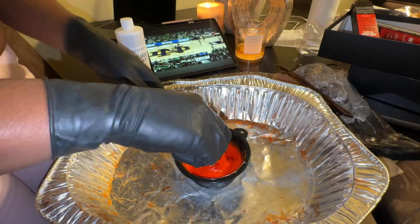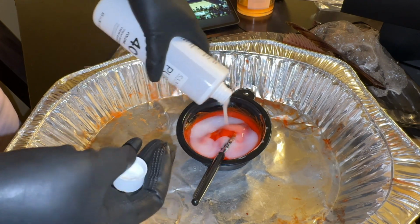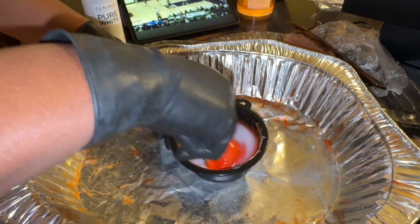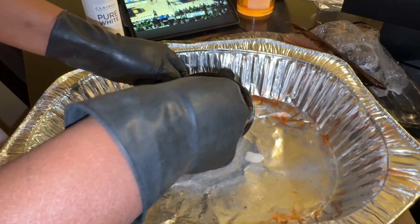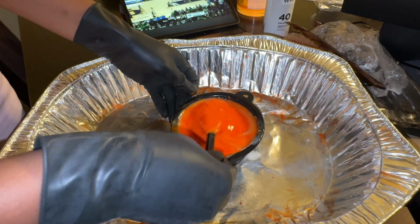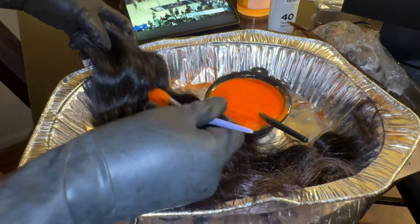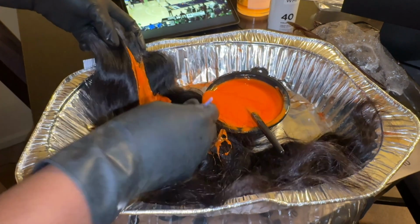So I'm using a couple boxes of Sizzling Copper and then one box of Copper by L'Oreal hiColor, and then I'm using some 40 volume developer. Now, if you don't really know what you're doing, or you're new to the dyeing game, I would definitely say pause this video and go look at some how to dye bundles videos, because I'm gonna kind of speed through